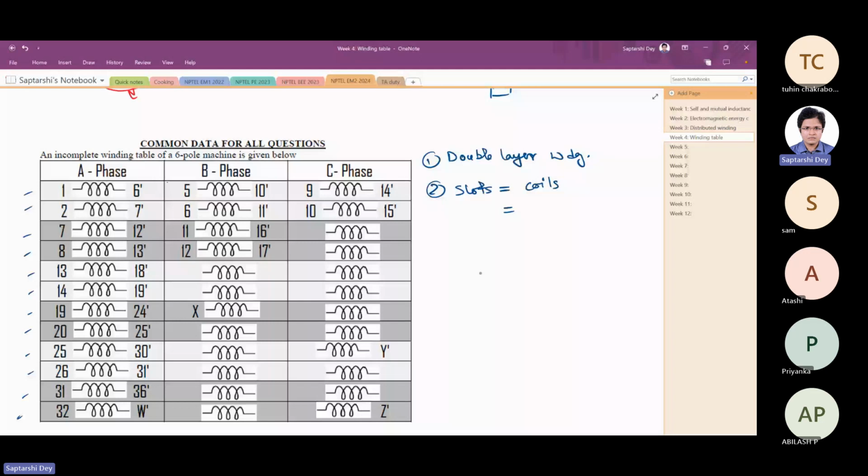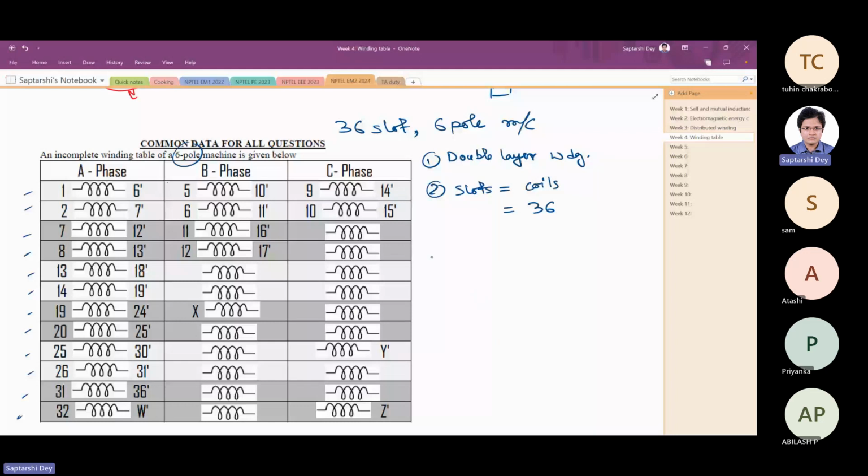So what we get is 36 slot, 6 pole. 6 pole they have mentioned here. 6 pole machine. This much we can find out. Okay, 36 slots, 6 pole. Let us see what else we can extract from the data. 6 pole, 36 slots. So now if I look at one pole pair span,